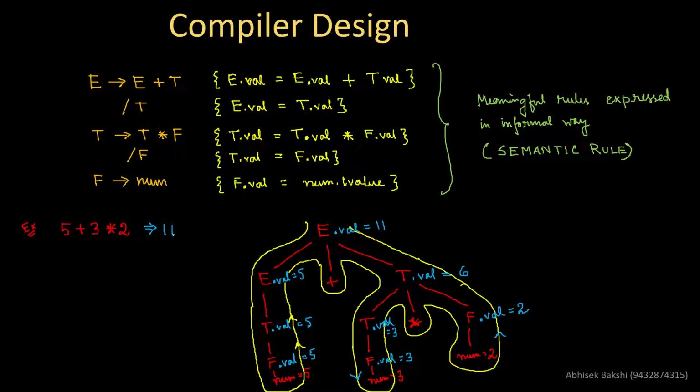So till now I have given an example just to evaluate a particular string. I have not yet given any example so that you can understand how I can write a formal rule for checking how a particular SDT can be drawn for checking the data types of two different variables which we are adding or subtracting or something like that, right? So let's try to find another way.